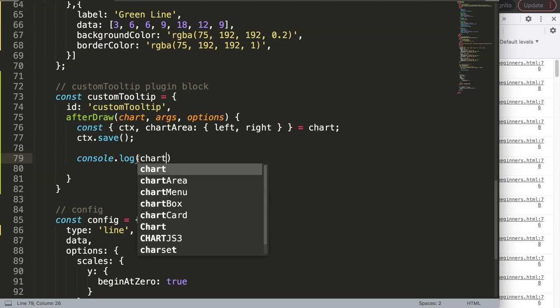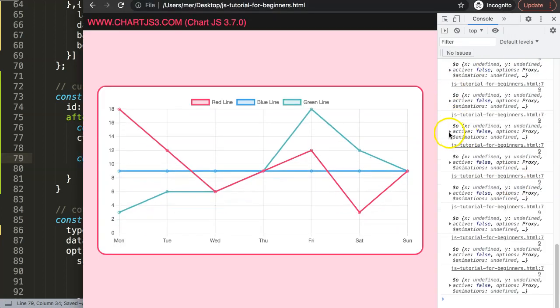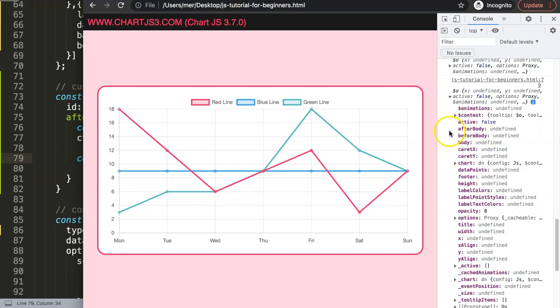I'm going to say here chart.tooltip. Tooltip dot, well, you just do it like this. If I refresh here, we have this here. And then what I need here is a very, very specific item. If I scroll down here, you will see here somewhere